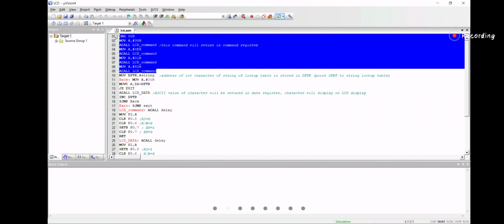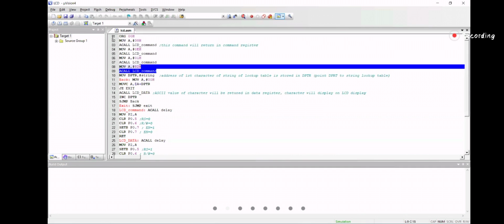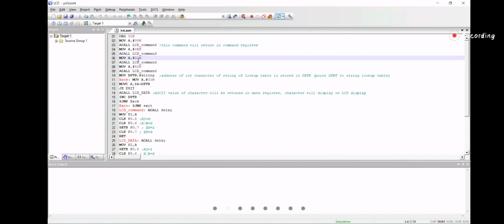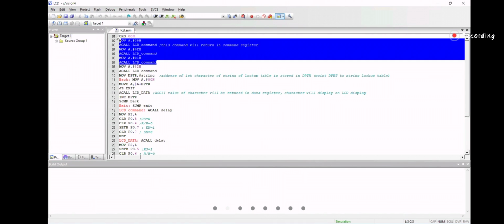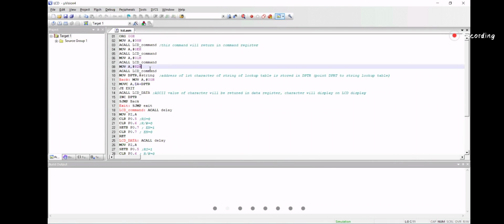This one, 3801H. This one, this 3. This one you are starting from 82H. You want to start the command from 82H. Not command, you want to display the character from 82H, not 80H. That's why 82H. Last one.